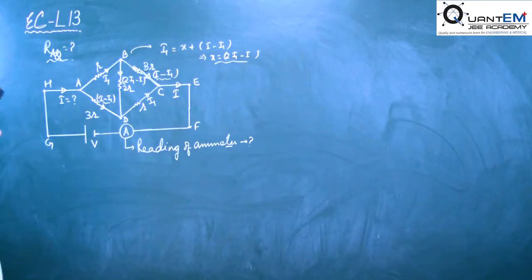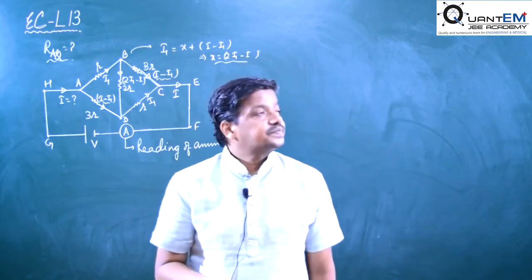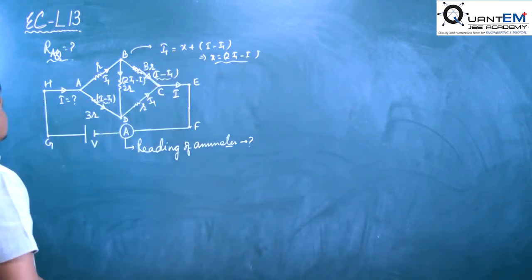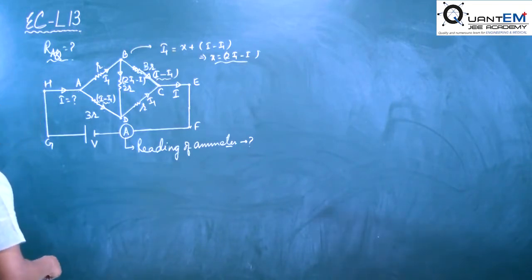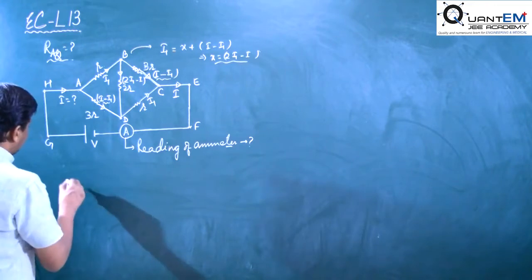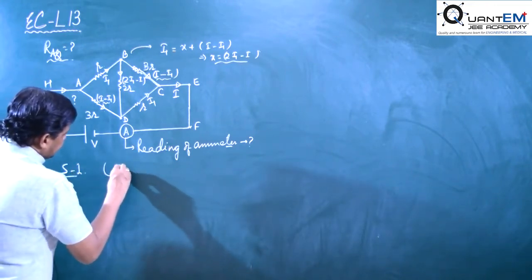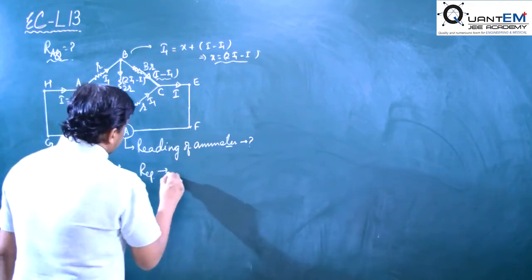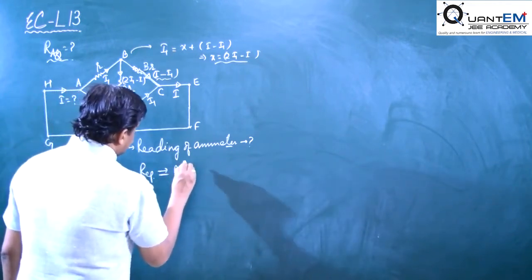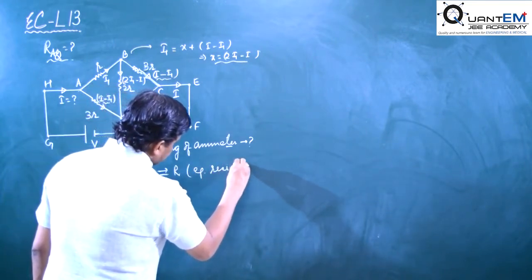Now we have all the currents in the circuit. Now we have total two variables here: one is I and the other one is I1. Now using Kirchhoff's loop law, we may get the value of the supplied potential in terms of the given currents. So first step: let the equivalent resistance be this value, R equivalent, which is the equivalent resistance of the circuit.